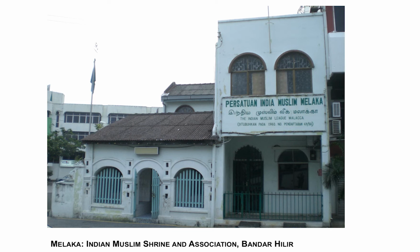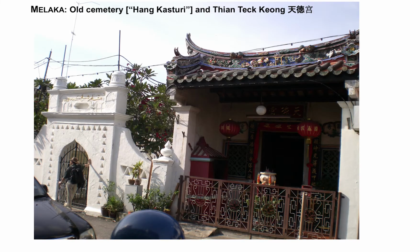Just to show you one forgotten site, because it's too new perhaps to be sanctified as a historical site, is the Indian Muslim shrine of the Persatuan India Muslim Melaka. Yes, thank you. So you see the front of her shrine has these niches again, the recurring theme to identify something as being from South India. And guess what? We see these triangular niches